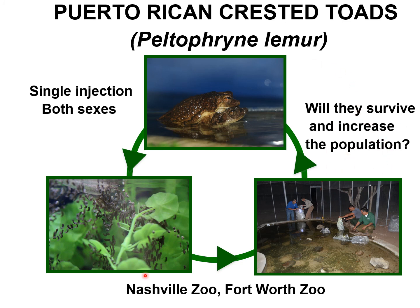So you can induce spawning, which can then be used to collect gametes, so sperm for cryopreservation or for in vitro fertilization, or you can get the developing eggs and fly them to the site or drive them to the site. So it's a management tool. The timing is very important. Now, more close to home